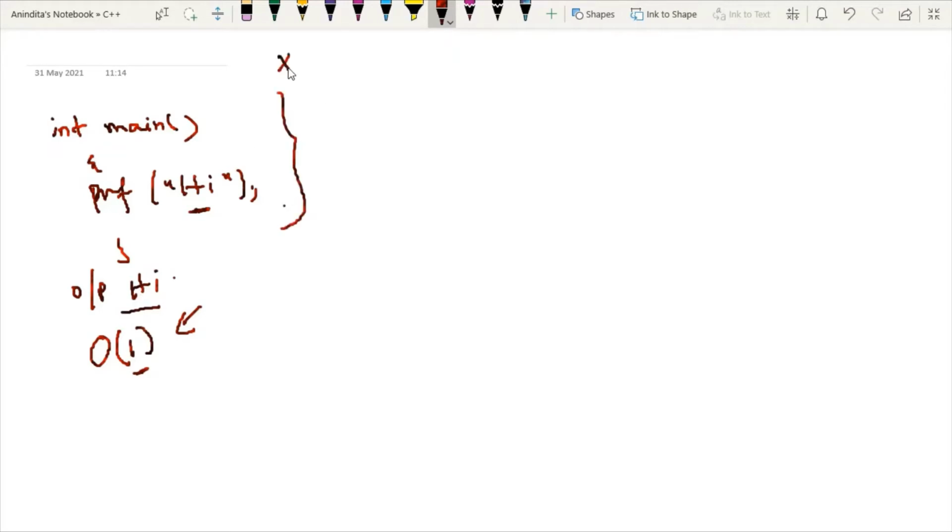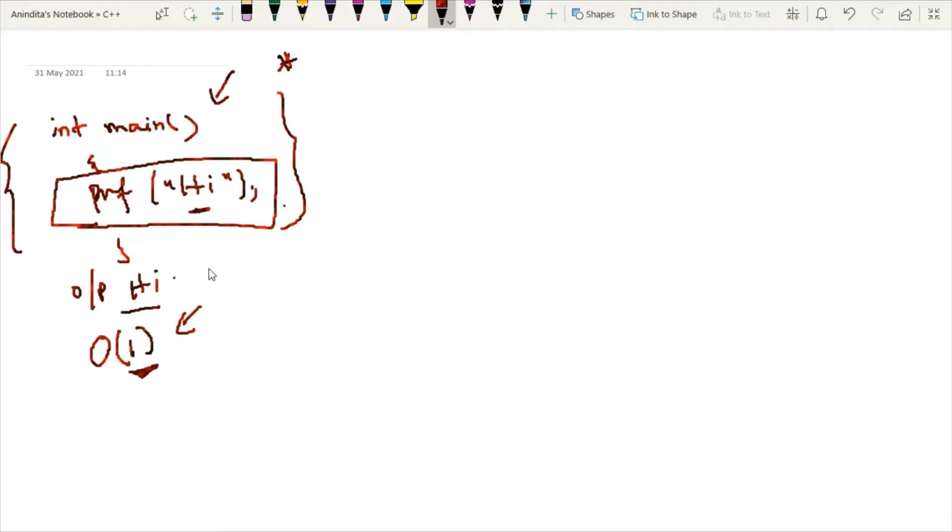Try to understand one specific point. Whenever I am not analyzing my code on the basis of the actual time required to execute it, it is a good choice. Because I follow how many times a particular line of code is executing, and on that basis I am writing order of 1, since this hi will be printed only once on the screen.